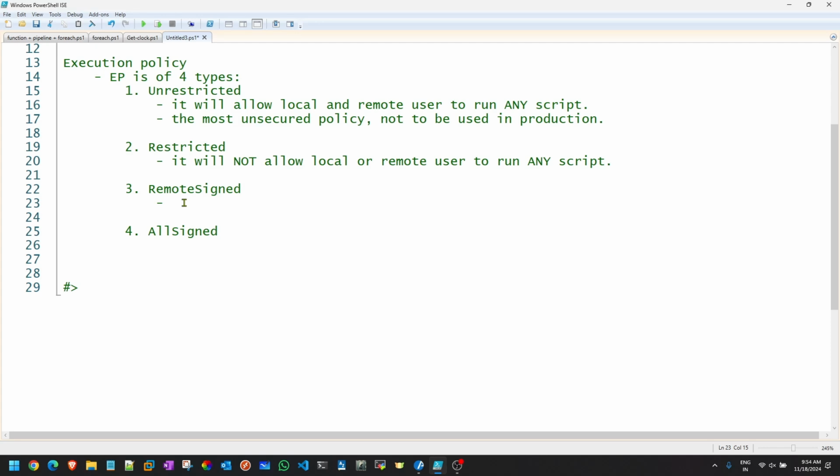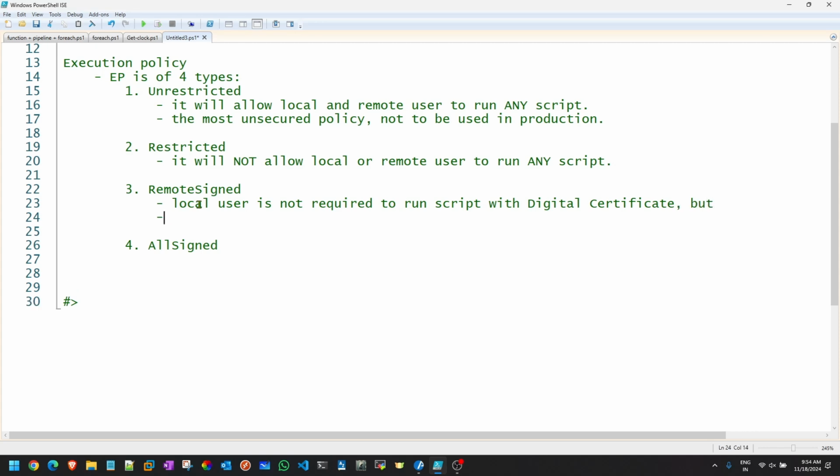So basically, remote signed means local user is not required to run script with digital certificate, but remote users must have a digital certificate.